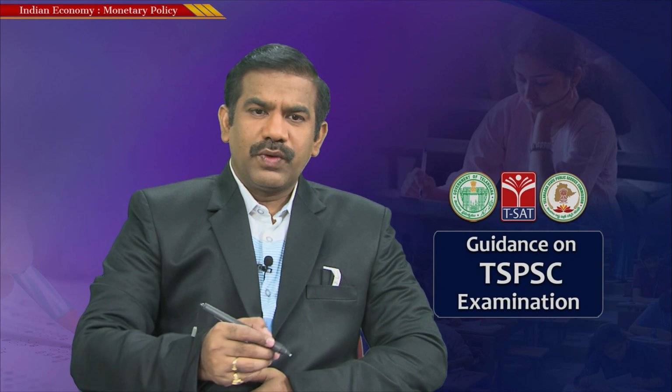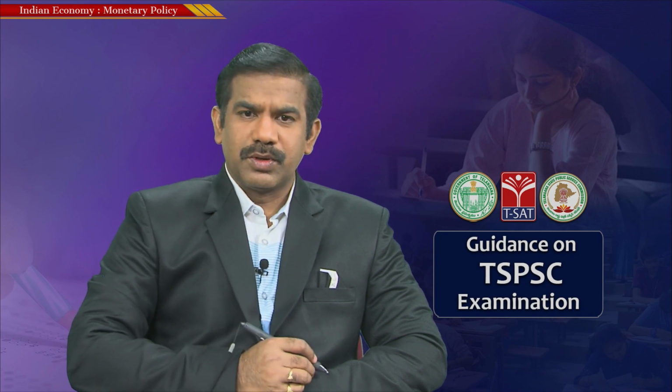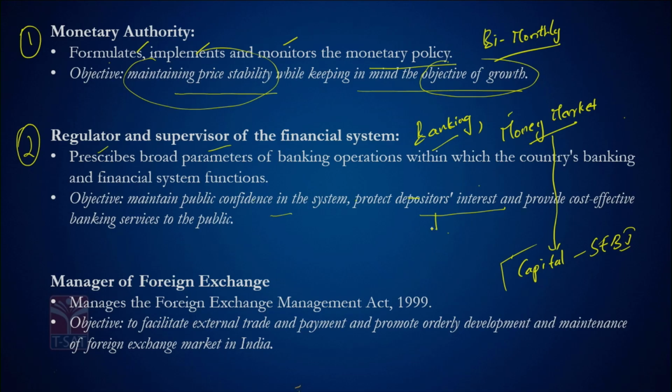The object of it is to ensure public confidence in the system, protect depositors' interest and provide cost-effective banking services to the people. Most of you must also be aware there is something called Deposit Insurance and Credit Guarantee Corporation, which is a 100% subsidiary of RBI. And recently our Prime Minister made an announcement in case you happen to lose money because your bank gets closed. Like many companies, banks are in the business of simply raising money and lending money. That's what a bank does.